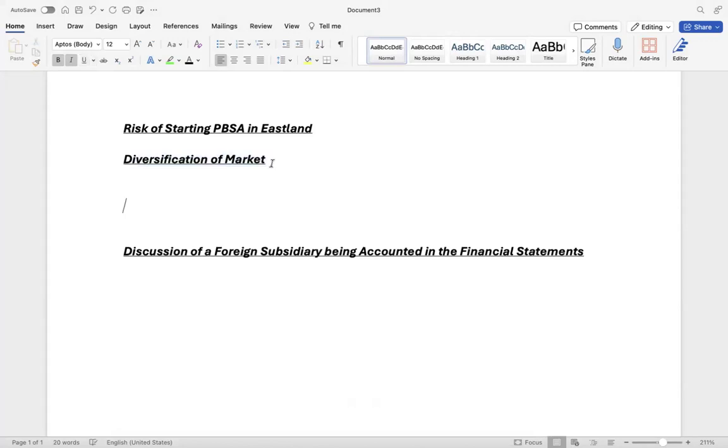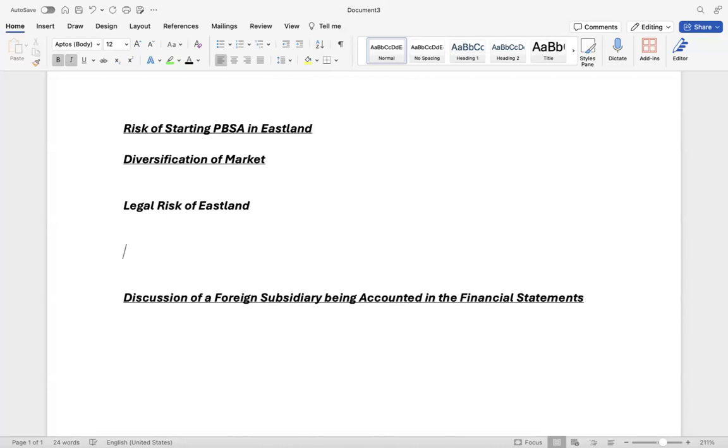And students, if you observe the second one, the PBSA. So the first thing is the legal risk, because we don't know the legal risk of Eastland, how the Eastland government is effectively managing this. And then students, the next thing is curriculums in Eastland universities. Because students, we have to understand their systems, because for instance currently we have 2 semesters, the dates and timing can be different from each other.